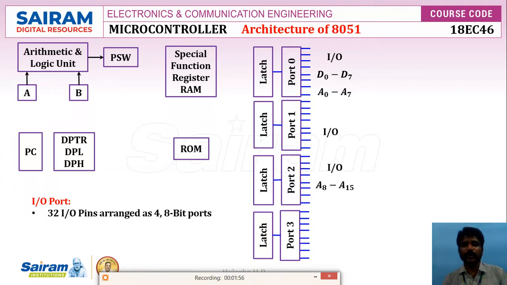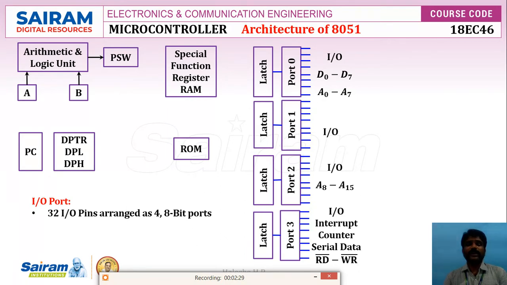Similarly, port 2 can be used as I/O, or as high order address pins, that is A8 to A15. That is why I said the 8051 microcontroller has a 16-bit address bus, A0 to A15. Port 0 pins are used as low order address bits A0 to A7, and port 2 pins are used as high order address pins A8 to A15. Port 3 can be used as I/O, or